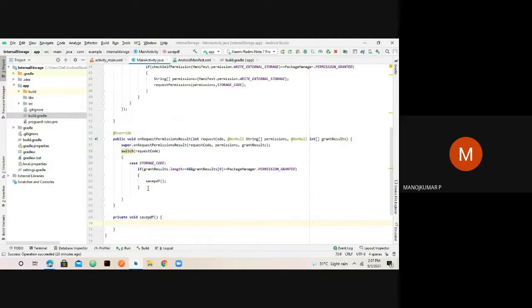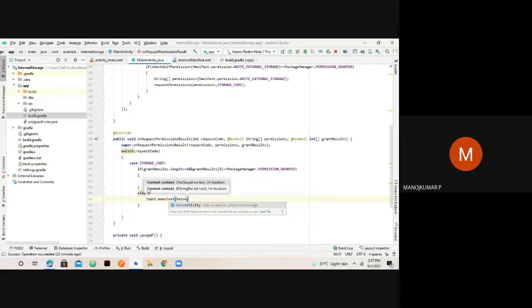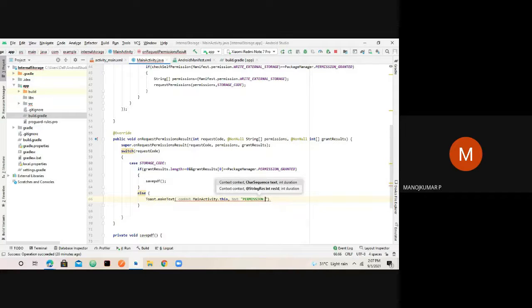If this is not granted, then I should intimate my user that permission is denied, right? So I would make use of this Toast, which is a class that allows me to intimate my user with a certain message. Let's say I write the class name followed by permission denied, and I can set the length as well. So toast length long, and then trigger this toast, right? So we are set with things here.